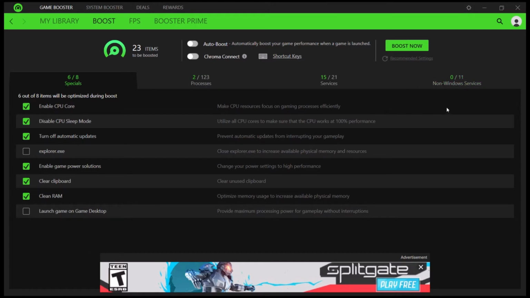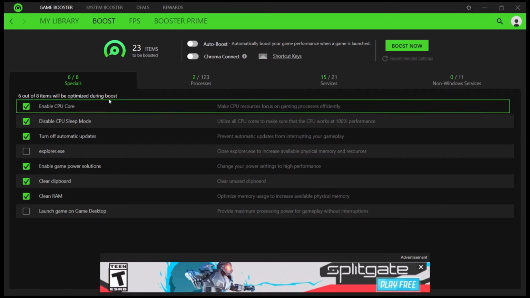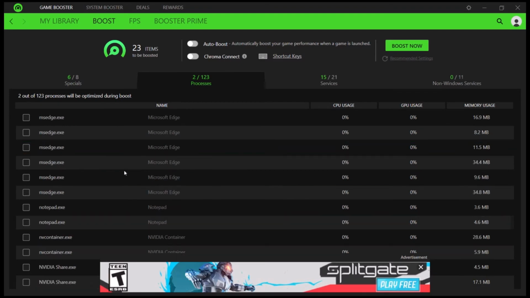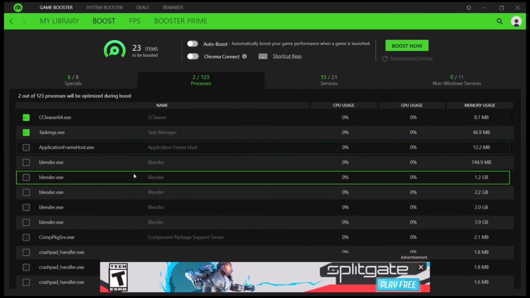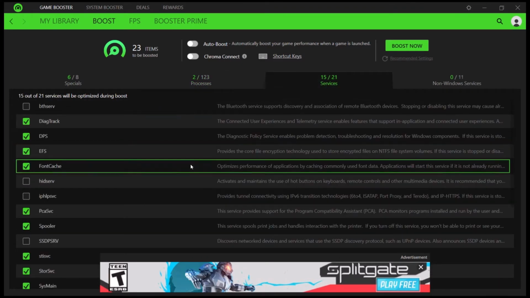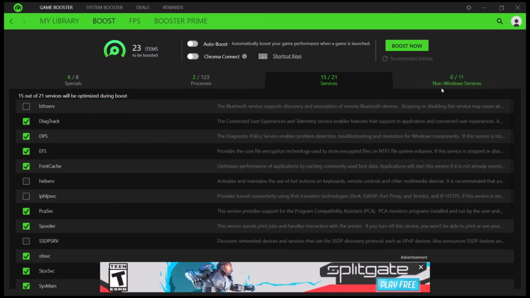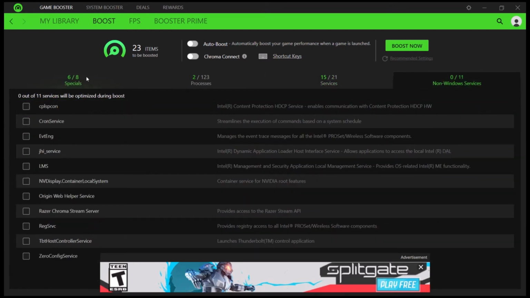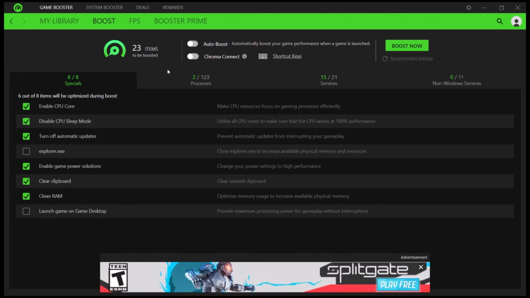But if you're on the main interface and not using the taskbar, you can see here all the things that Razer will kill to free up your RAM. I don't actually change these, I trust it. It doesn't seem to do anything too bad. The only problem I've ever had using this program was with virtual reality, which I'm not sure many of you use, but I don't use this when I'm using a VR device because it seems to kill some background processors